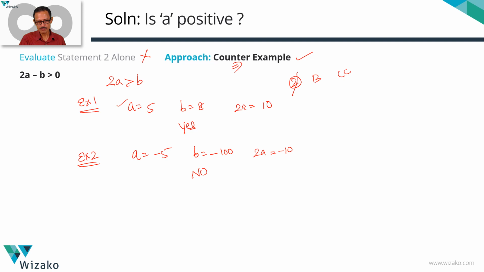We were down to B, C or E. 2 alone is not sufficient. Eliminate answer option B. We're down to C or E. Combine the two statements to check whether it is C or E. But before that, let's wrap up this discussion about statement 2 in a printed form.